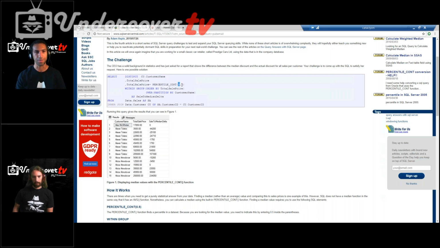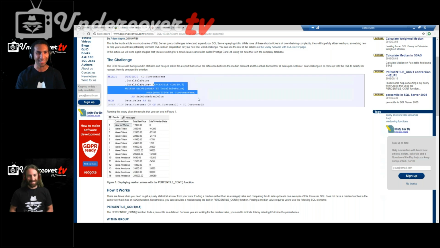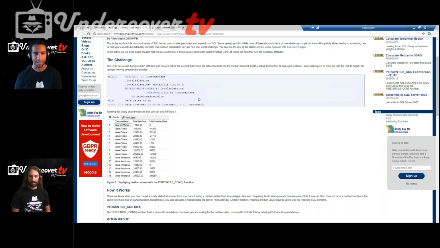The 0.5 determines the mid value that you want to pick. Within group, you have to specify it with the percentile function, and then you've just got your typical over order by partition by section, like you would do with a row number or a rank, and it gives you that median value so much easier than getting that data out, pulling it into some sort of temporary source like a derived table, temp table, CTE, whatever,